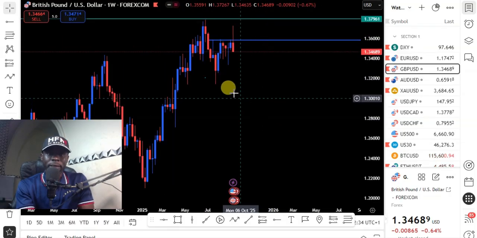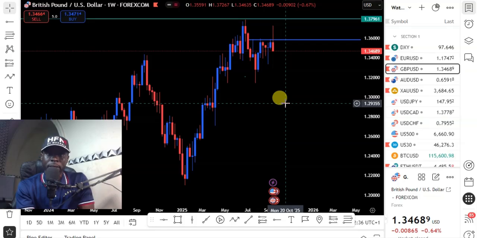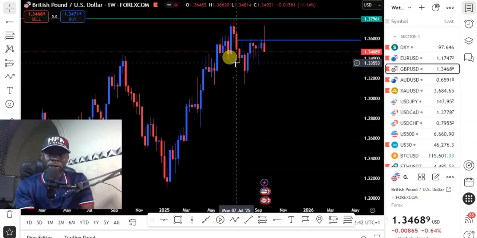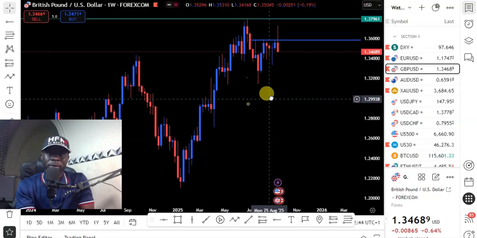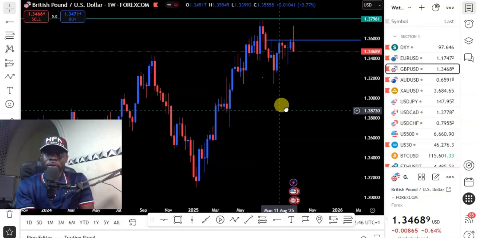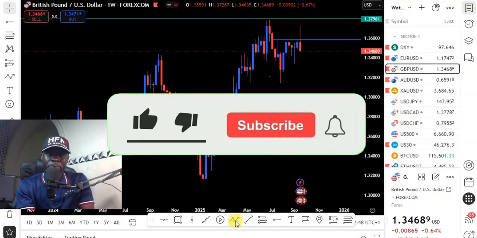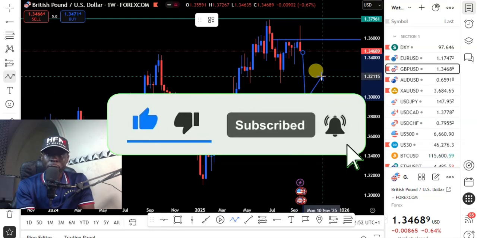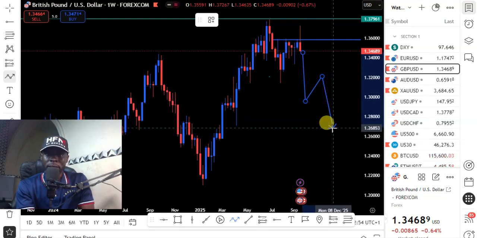GBPUSD on my daily chart, on my weekly chart, I've seen a break of this higher low, which indicates a shift in trend, which indicates there might be a change in trend for the pound to drop this coming month. So we might be seeing price. Once we see price break the low of this level, we'll start looking for selling opportunities for the pound to the downside,